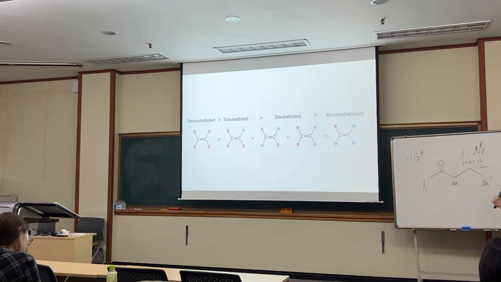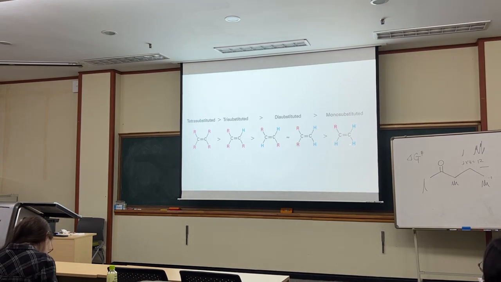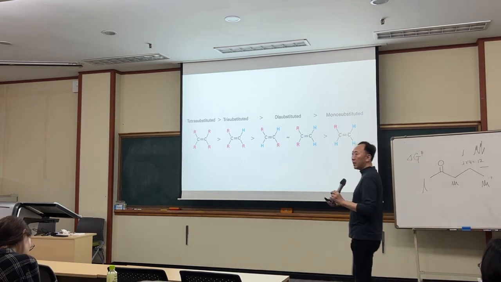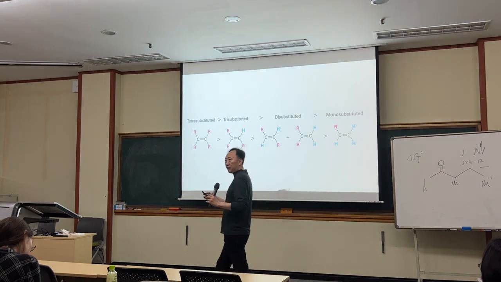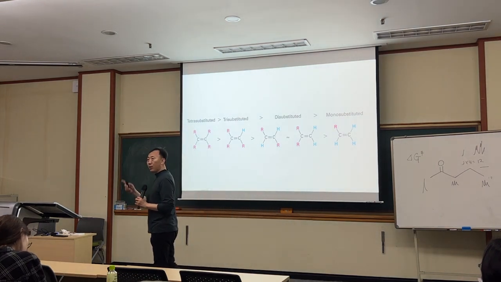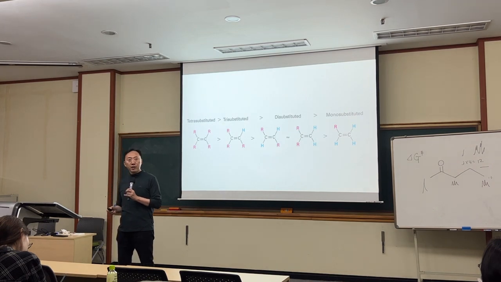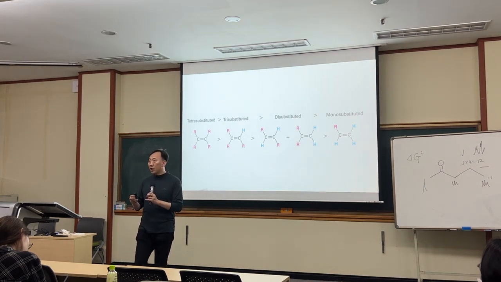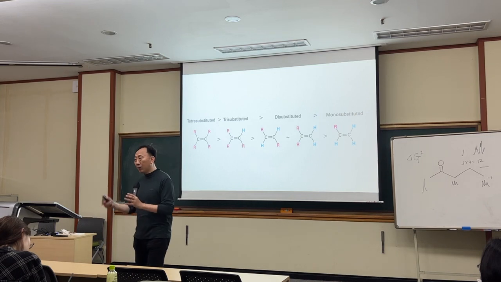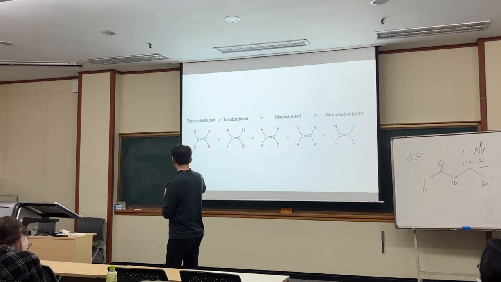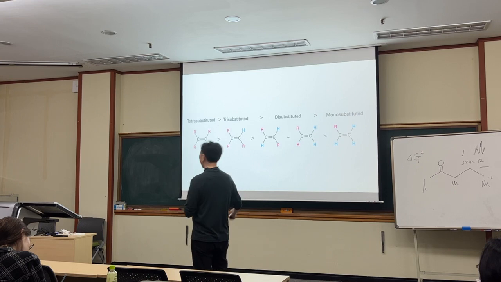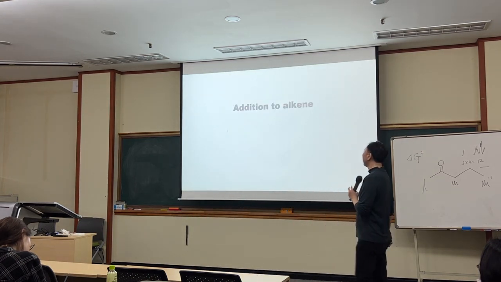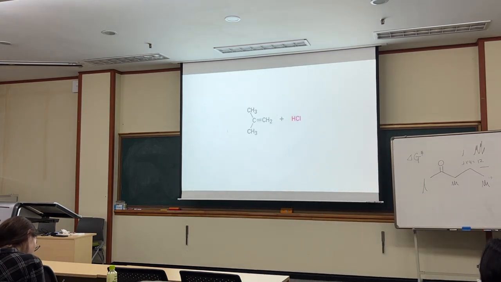Here, about stability, the more substituted one is more stable than the less substituted one. And there are two kinds of explanation, sp2 and sp3. The stronger bonding is one explanation. The other explanation was hyperconjugation. More hyperconjugation can further stabilize. Anyway, the result is that the more substituted one is more stable than the less substituted one. That was the property. And then reaction-wise, now here if you look at this alkene,